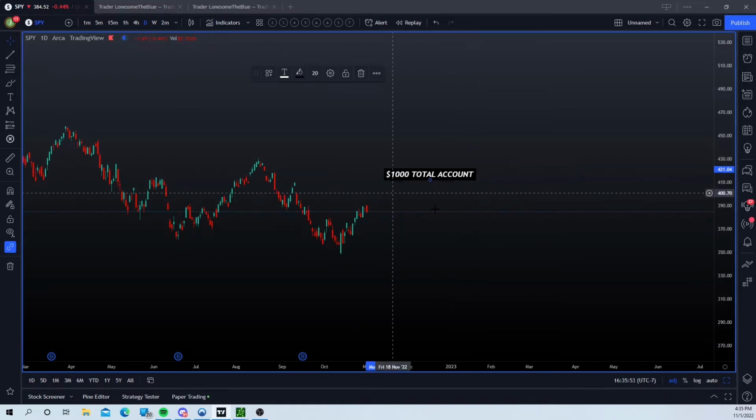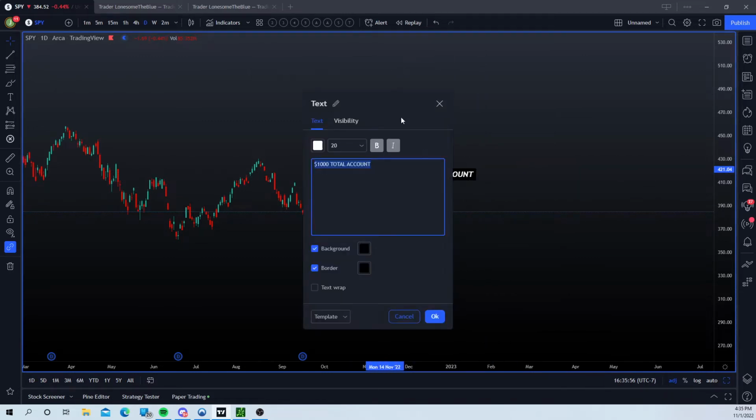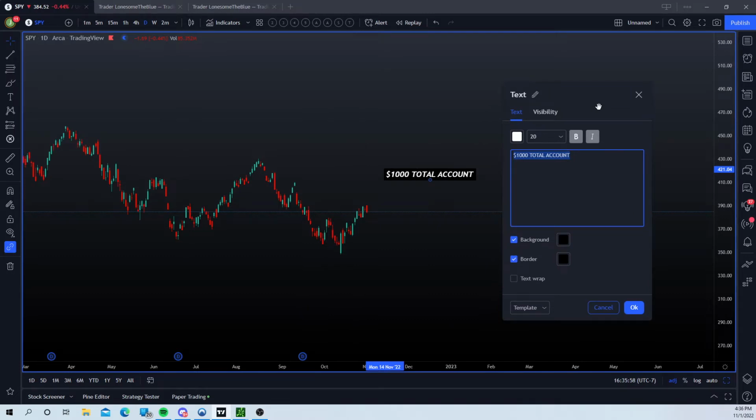So let's say we have a $1,000 total account, right? And you want to play those. That's why I like playing AMD, SPY, Amazon right now, not how it used to be before. Maybe some Tesla, but I would like to play Tesla when I'm in profits, meaning after two or three weeks of really good profits. Apple is a good one. The little small ones, let's say QQQ, Facebook. Sometimes Facebook has good ones, depending if the IV is not too high.